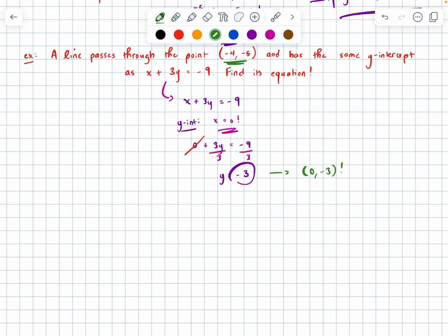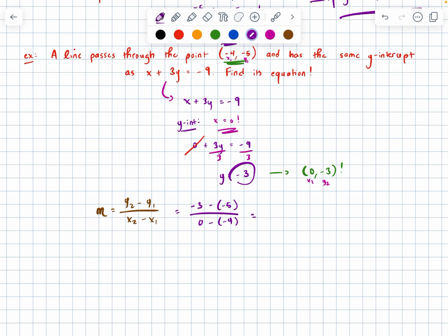Using those 2 points, I can now find the slope of my line. So I'm going to start by finding my slope, y2 minus y1 over x2 minus x1. From here, I know that I can take my 2 points, doesn't matter which one is which. Let's say that this guy here is x1, y1. Let's say that our y-intercept here is x2, y2. Slotting into place, I know that y2, -3, minus y1, -5, over x2, 0, minus x1, -4, will give me